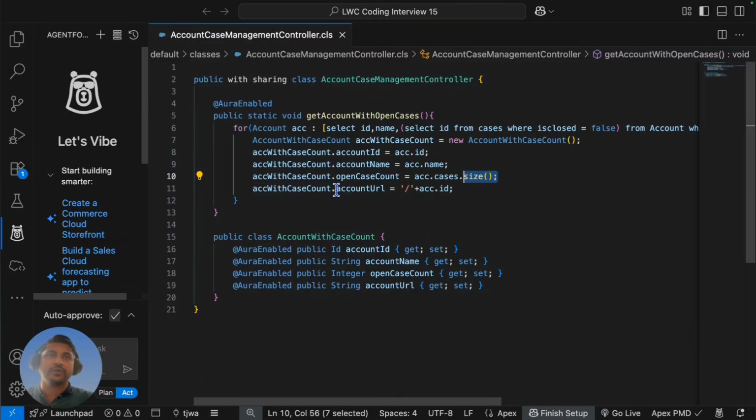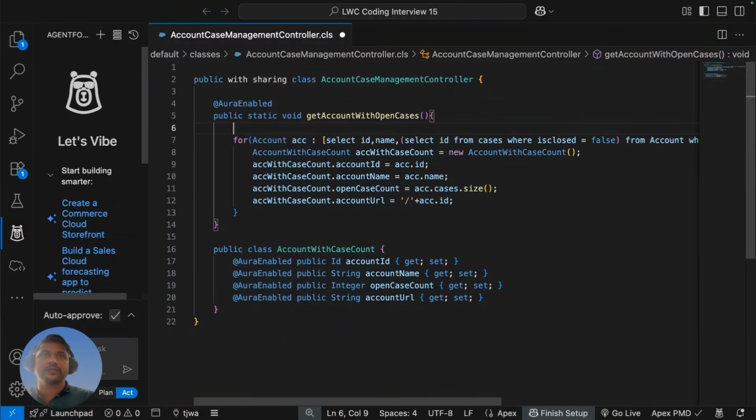And finally, we have to go and generate the URL. The easiest way to generate the URL here is we have to simply add the slash and then append that with the account ID. Rest of the things Salesforce will take care. This is the only thing that you have to do if you have to go and generate the URL in the Apex. Okay, so now whatever the output that I do have, because there will be more than one record,